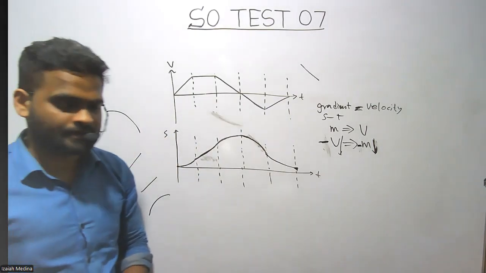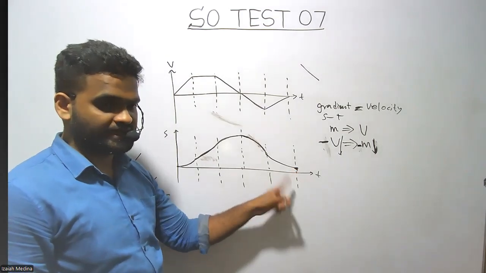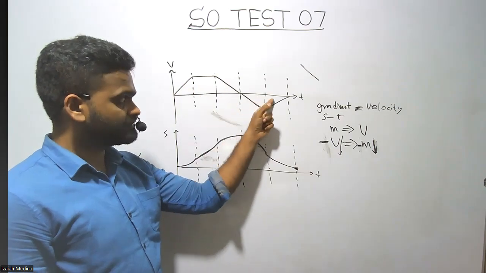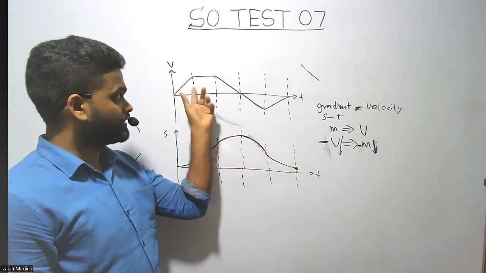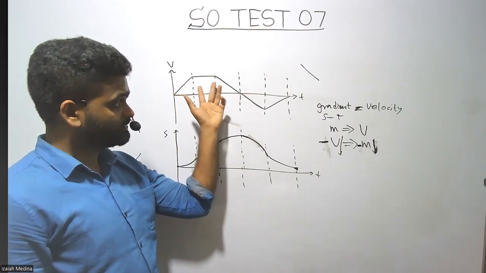Got it? It cannot reach here or go below. The reason is the displacement here is higher than the displacement here. It is obviously, you can see that, right? Displacement is higher here than here,